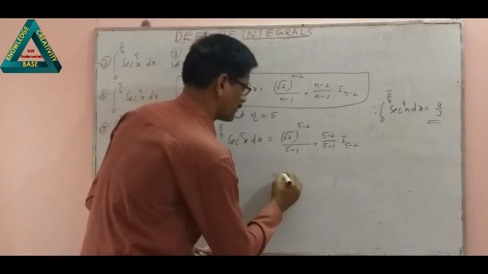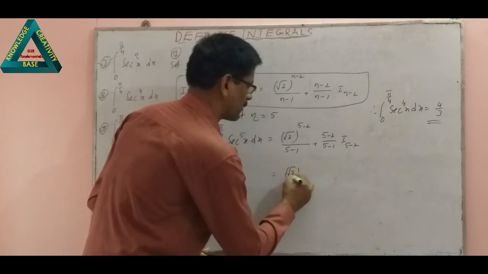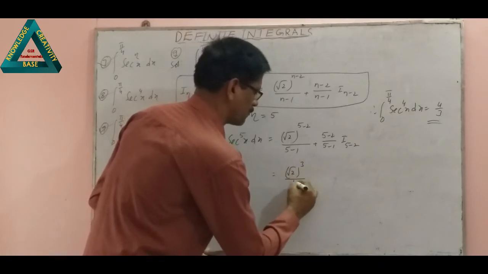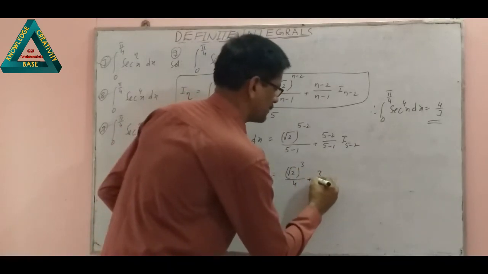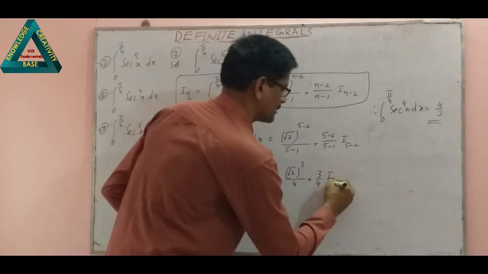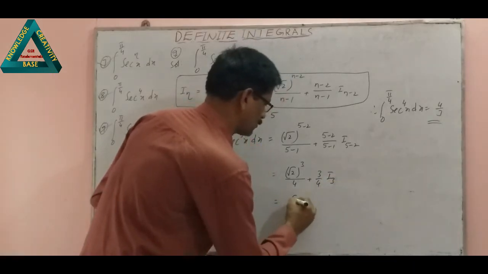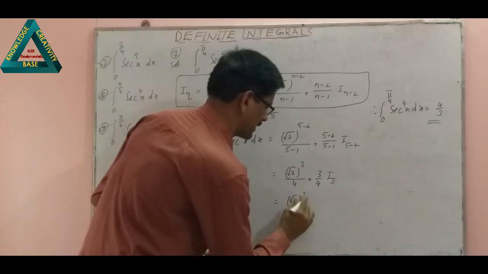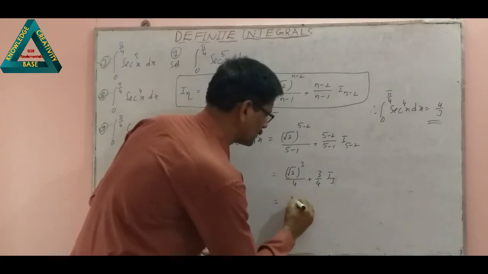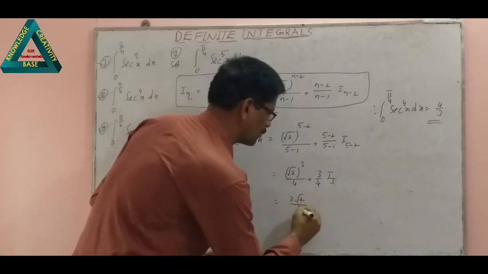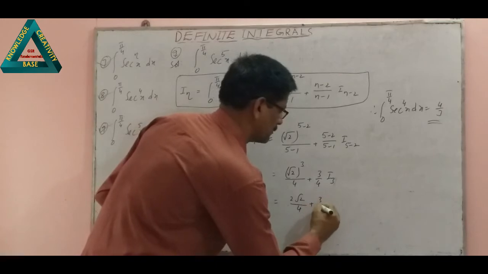That equal to root 2 whole power 3 by 4 plus 3 by 4 I3, that equal to root 2 whole power 3 by, that means 2 root 2 by 4 plus 3 by 4